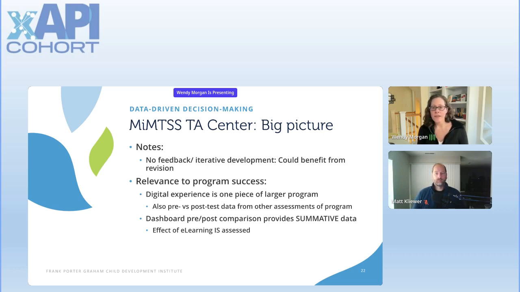So the effect of the e-learning is actually assessed and can be correlated with the other data if you want to. You'd have to take a look at what you're correlating, but it conceivably can be put up against other assessments so that you can see what portion might have been the e-learning and what portion might have been the other things. So that's also helpful.